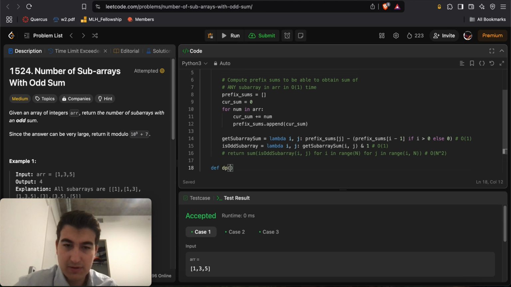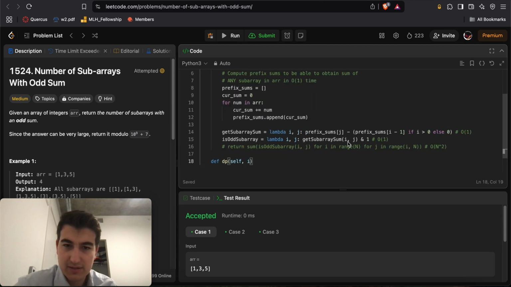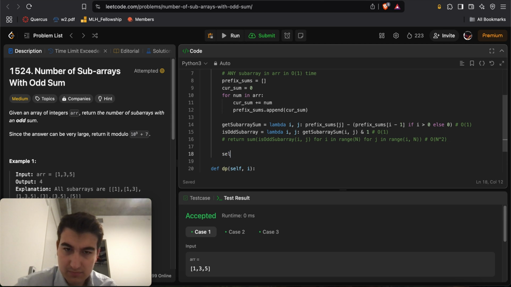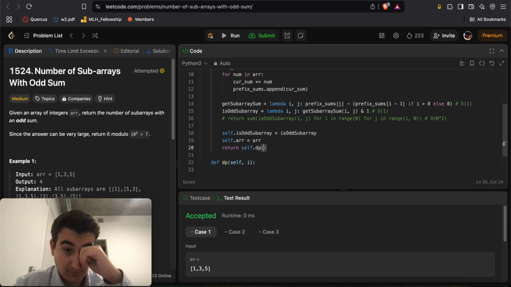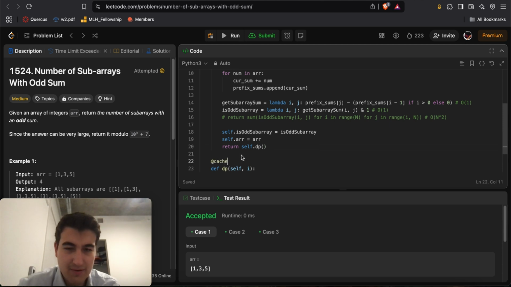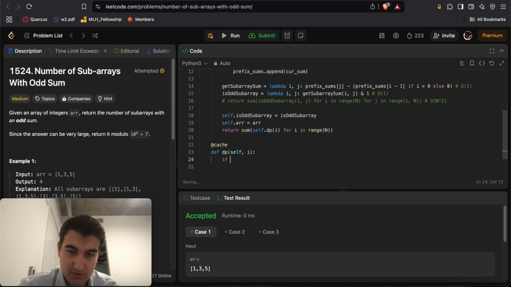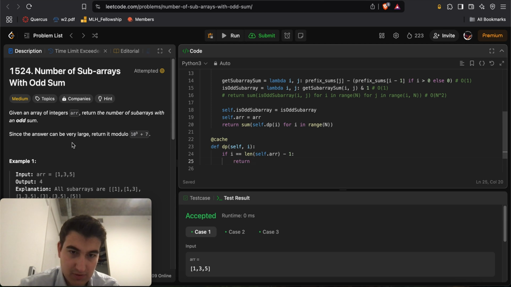Okay, let me cook here. If I do DP, and then index I, odd subarray, odd subarray. Return self.dp. Yeah, so here we'll just put a cache decorator, self.dp of I, range n. We'll do if I equals length of self.r minus 1, we'll return